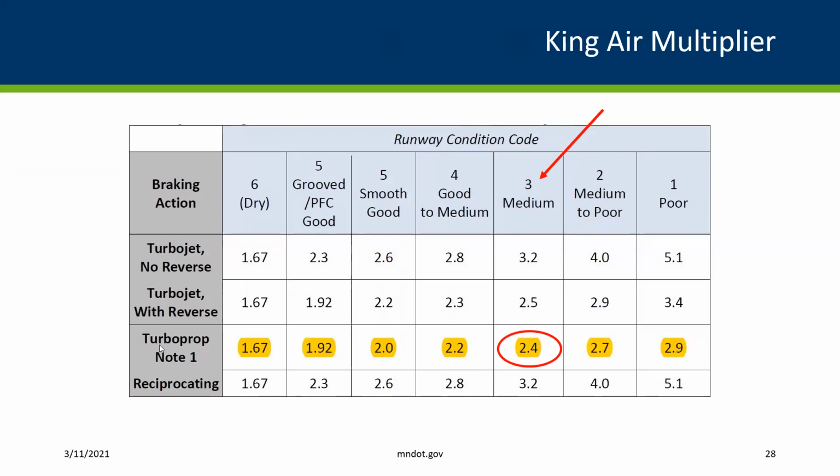So we as a King Air would fall under this turboprop note 1, and we see that here's your RCC code of 3 medium, and that we need to multiply our ground roll by 2.4 times. So that's a pretty significant amount for a contaminant on the runway. Now, I do want to note that